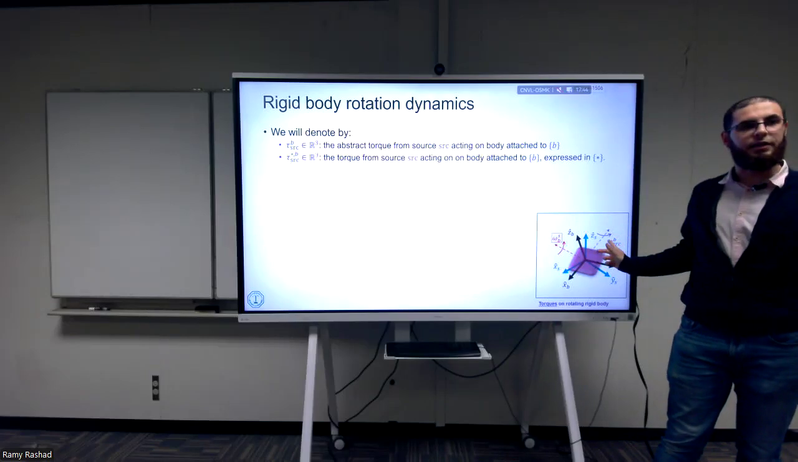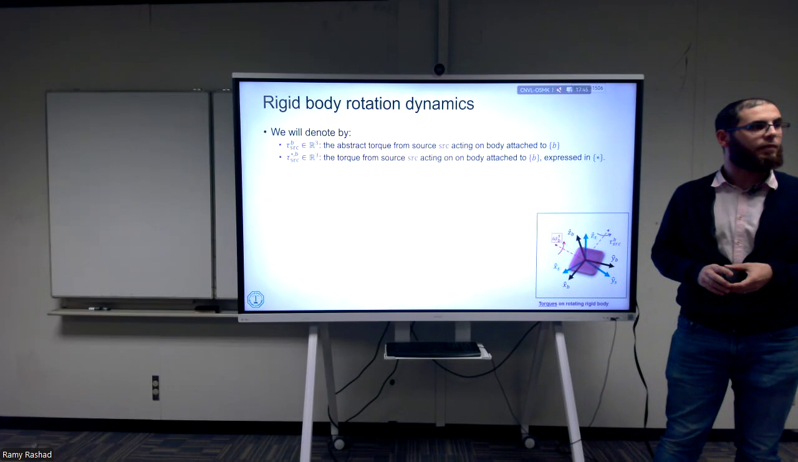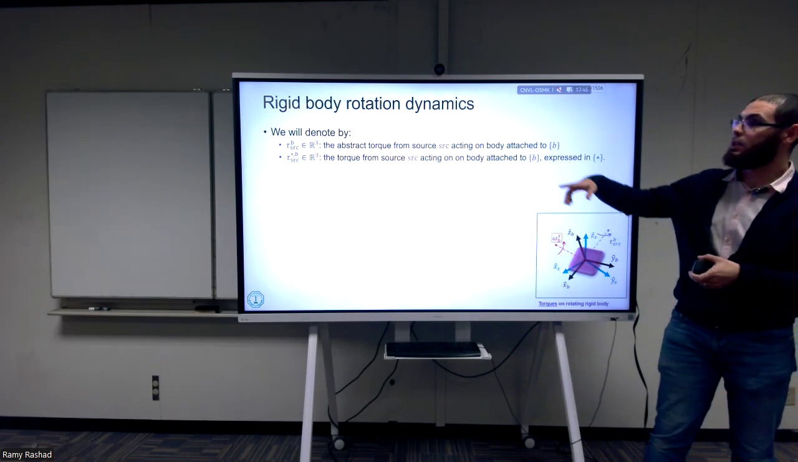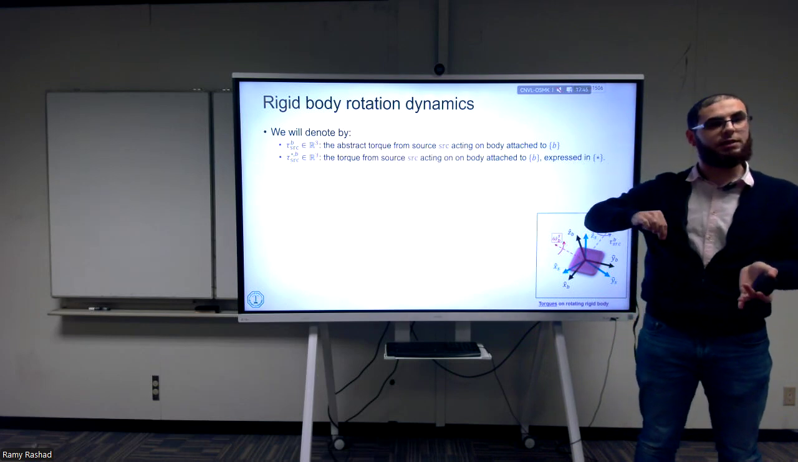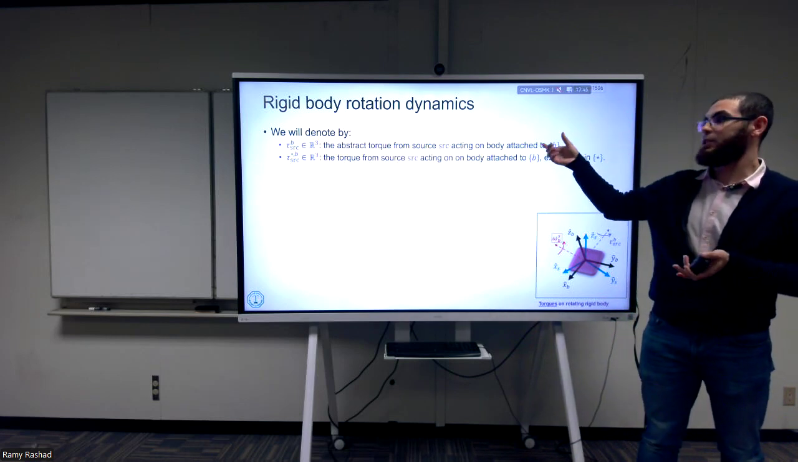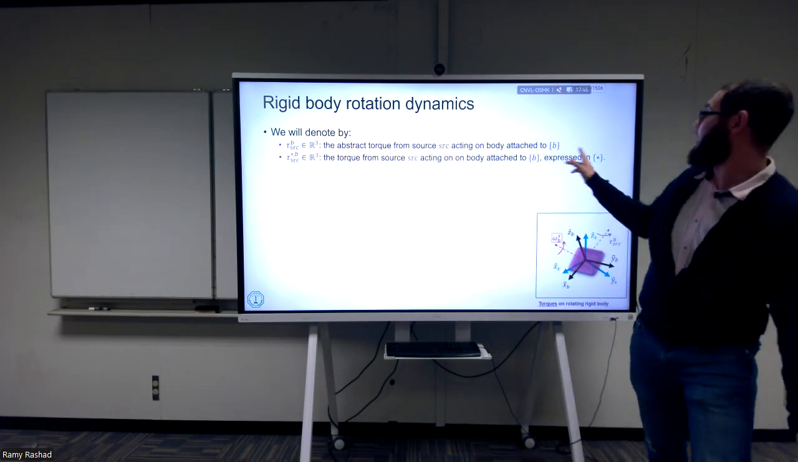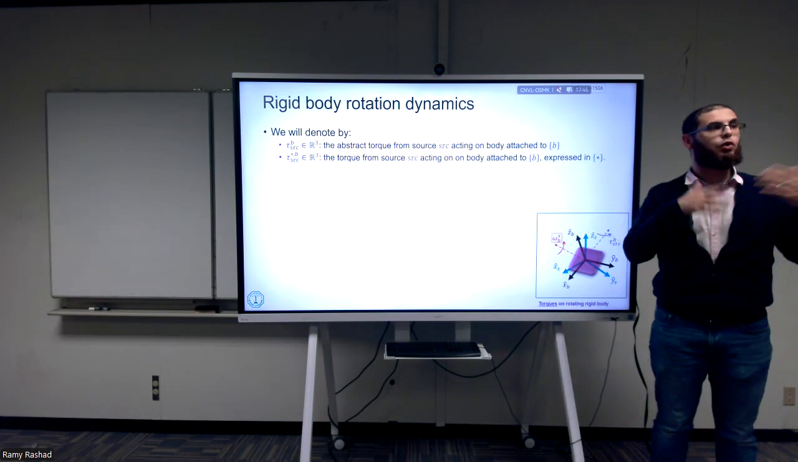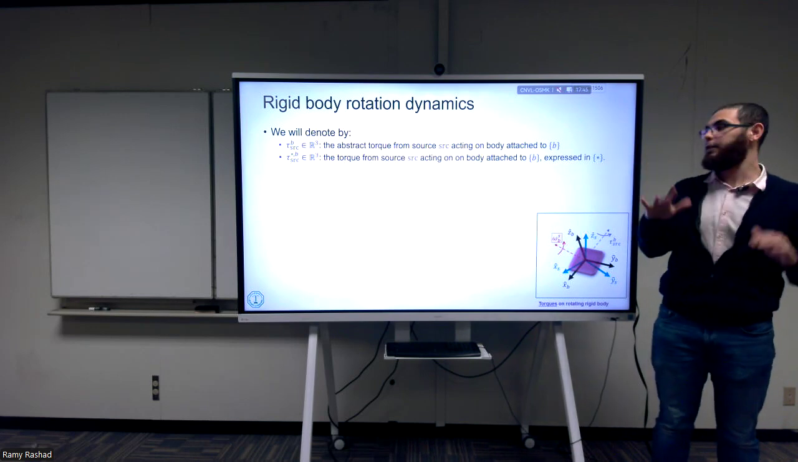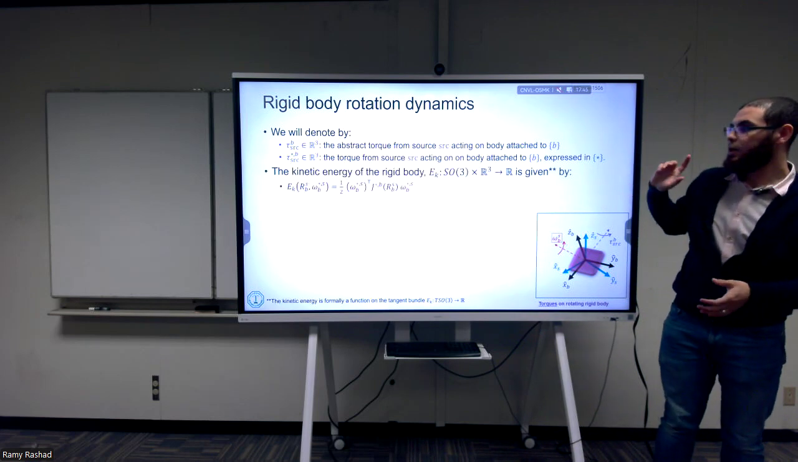So same idea, different axes, because this is a torque and this is angular velocity. The abstract torque is the torque from source SRC acting on body that's attached to frame B, and I can represent it in any frame. Now we have a choice. We can represent it in frame B, in frame S, or any other frame that we have. And that's why things will get a little bit tricky now. Kinetic energy